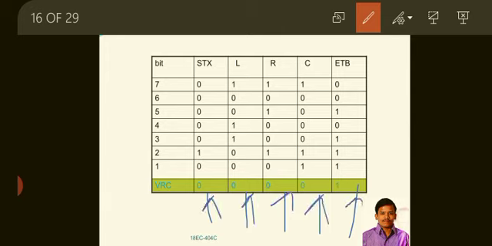If you see the first column, already an odd number of 1s is there, one 1, therefore the extra bit will be 0.